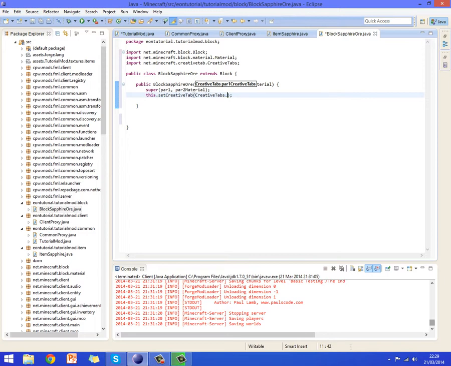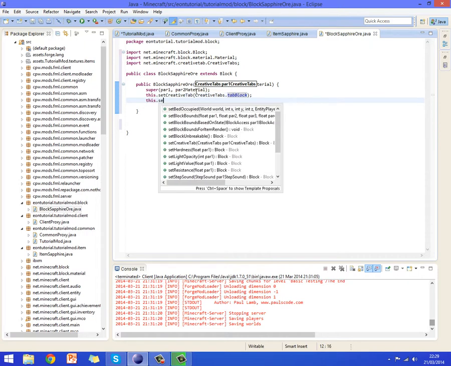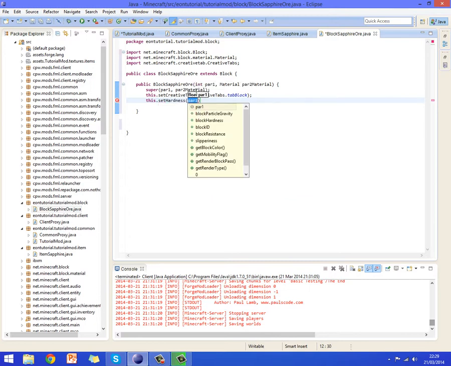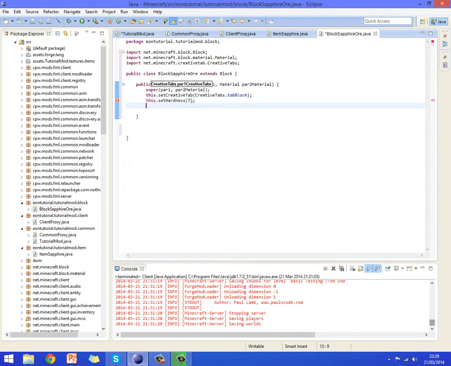We're going to put it in dot tab block, and then we're going to do another this dot set, and this time hardness, and I'm just going to put in, I don't know, 7, and then this dot set resistance, and then I'm going to put 8 on that one,